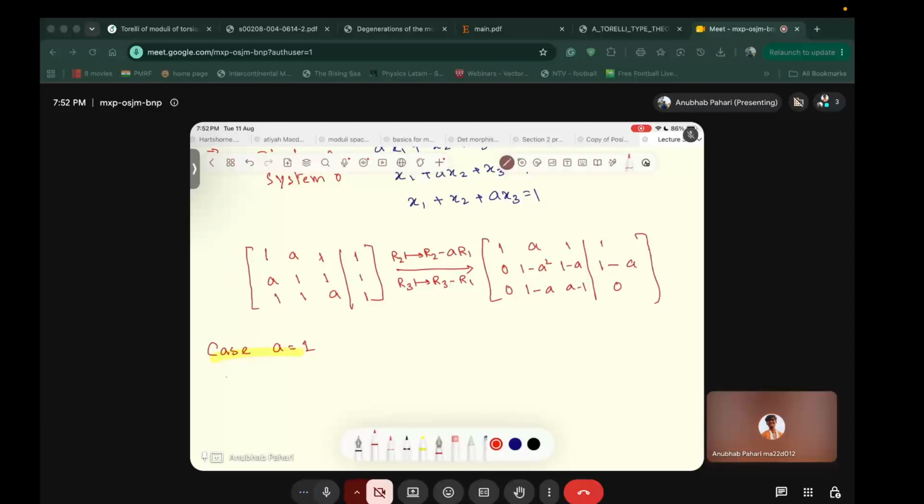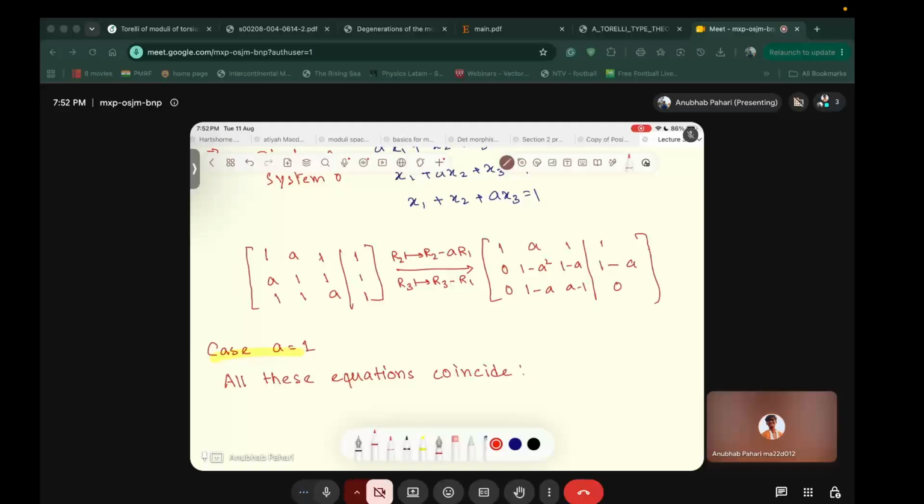And the first row becomes 1 1 1 1. So what we will get is that all these equations coincide,